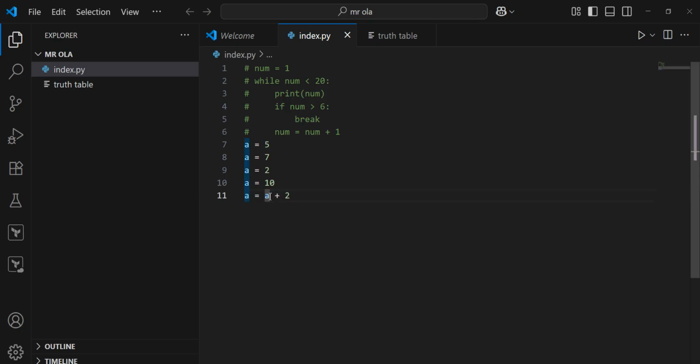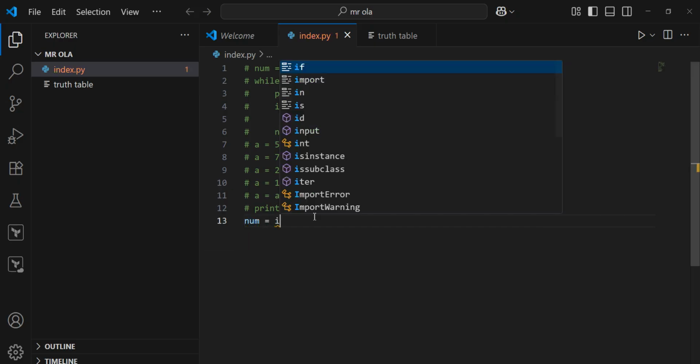Okay sir. So a equals to a plus 2. Yes sir. A equals to, what is a? 10. 10 plus 2, a will be 12, so we store 12 in a. You understand? Then print a will give 12. Any question? So now, on the task in the book, they said